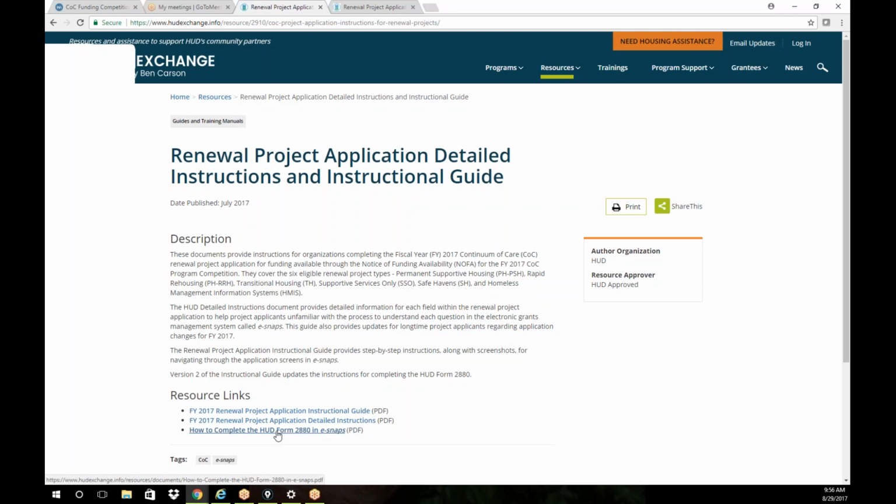But I didn't go over the 2880, so please look into those details. And if you need to go back to refer to what I said or look at the instructions, I pretty much followed the detailed instructions. It has like 100 pages, so I don't recommend anybody print it out. What you should do is, when you go to a certain question and you're not sure how to answer it, then maybe look at